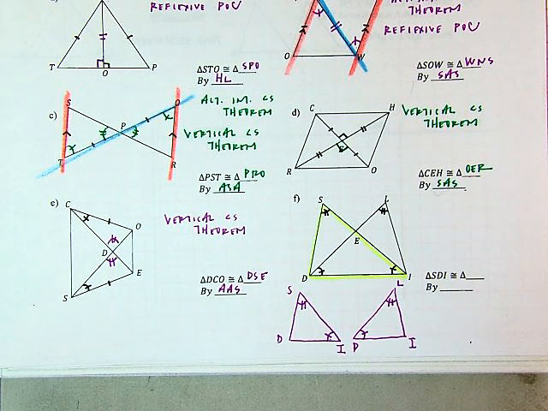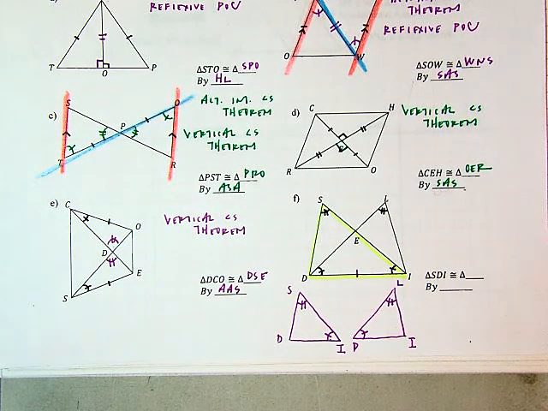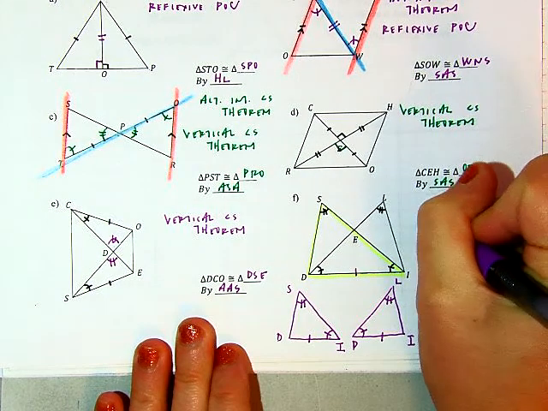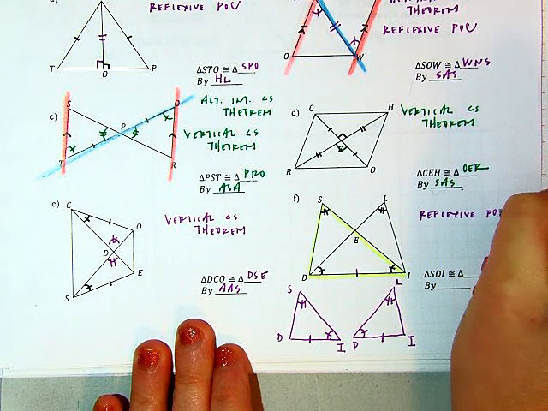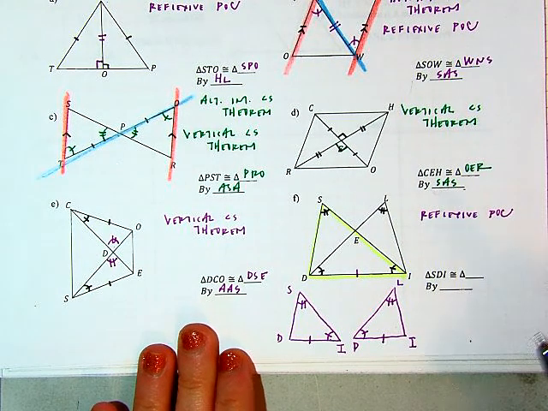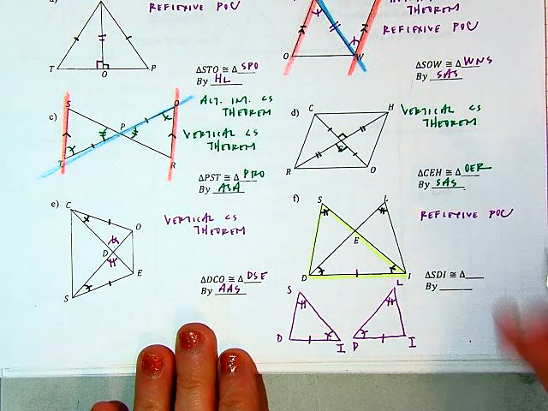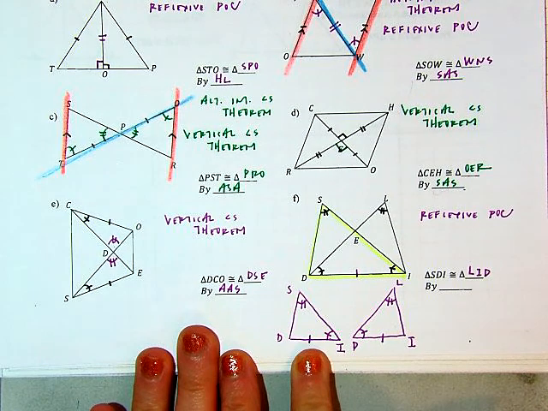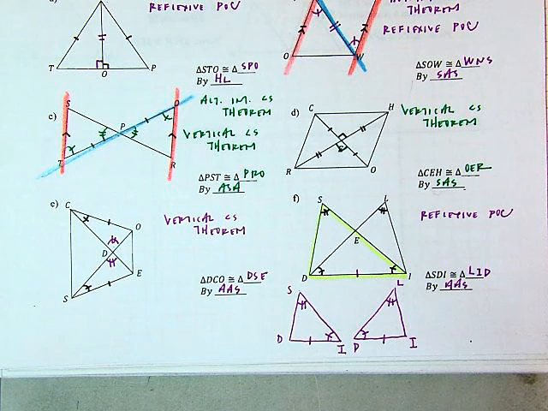I need some sides. So when I look at what sides I could link up, I remember, oh, common side. This side right here is a common side for both triangles. So I can use the reflexive property to link it up here and here. So here we're seeing, again, the reflexive property of congruence. So if I name this first triangle SDI, the second one would be LID. I have two angles and a non-included side, so this would be angle, angle, side. All right, I'm going to flip it